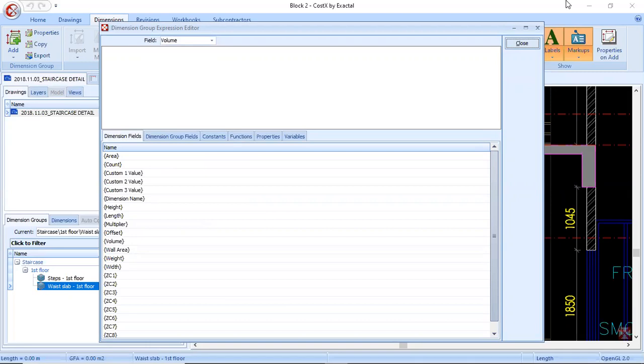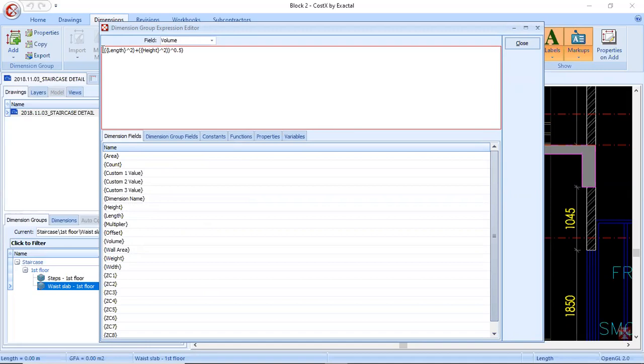So to calculate the slant length, I'll apply Pythagoras theorem, which is nothing but square root of length whole square plus height square, whole power 0.5, which indicates square root.